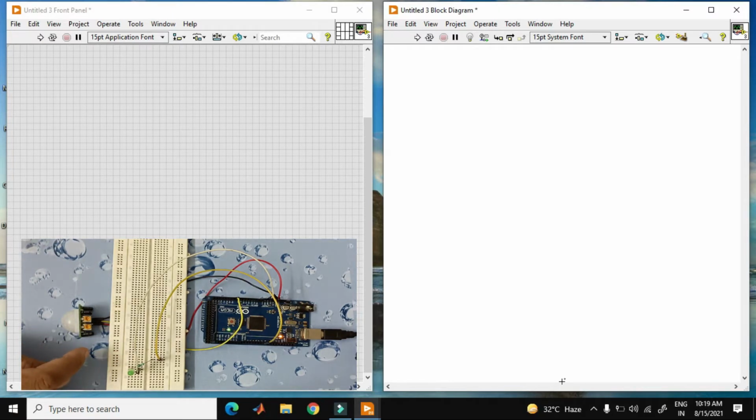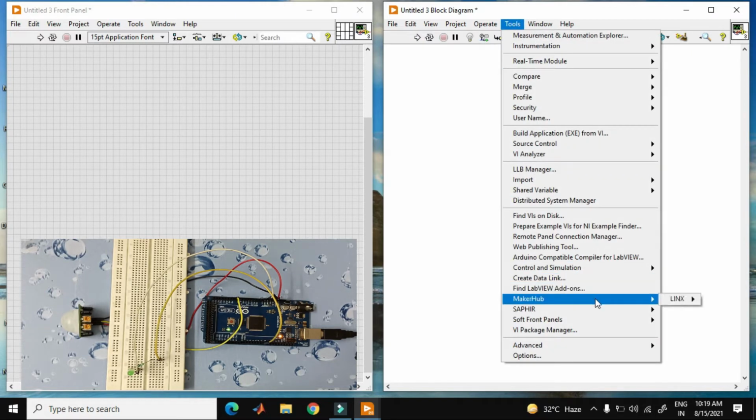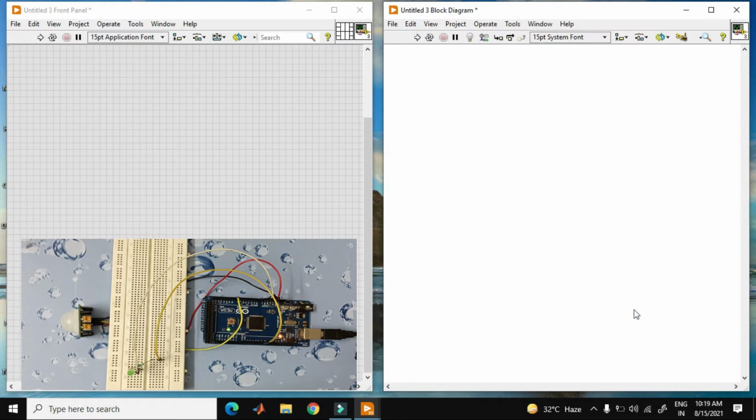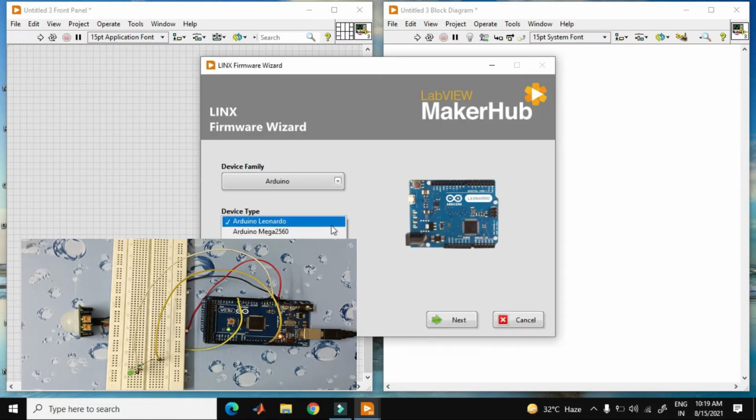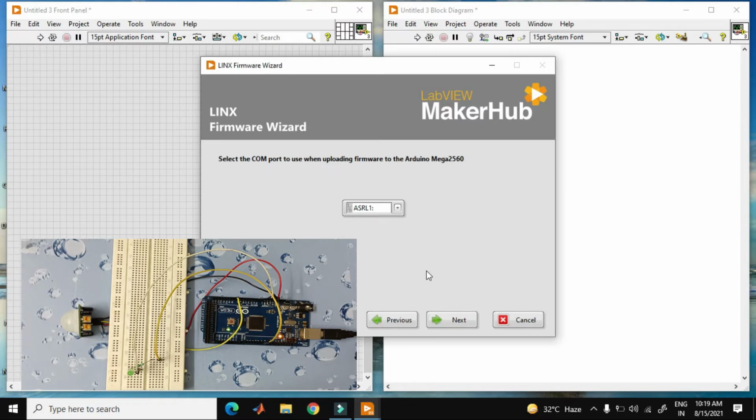So right now I just acquire an analog signal and generate a digital signal. For this purpose I go to the software part, and over here you have to open the LINX firmware wizard. First you have to interface your Arduino Mega.